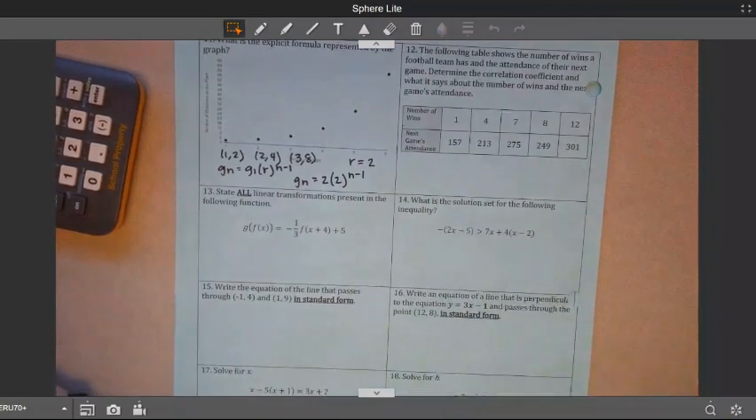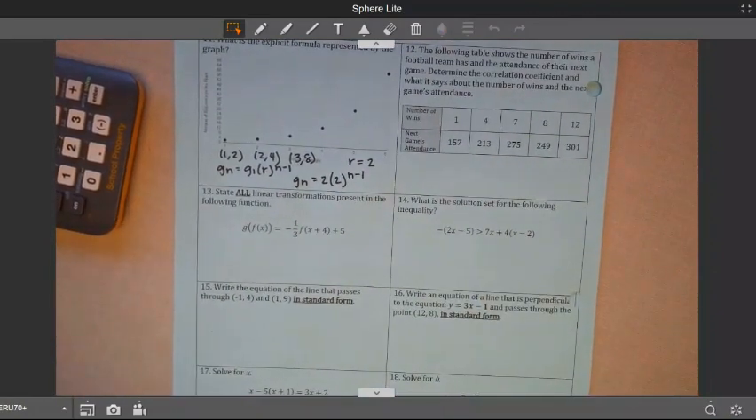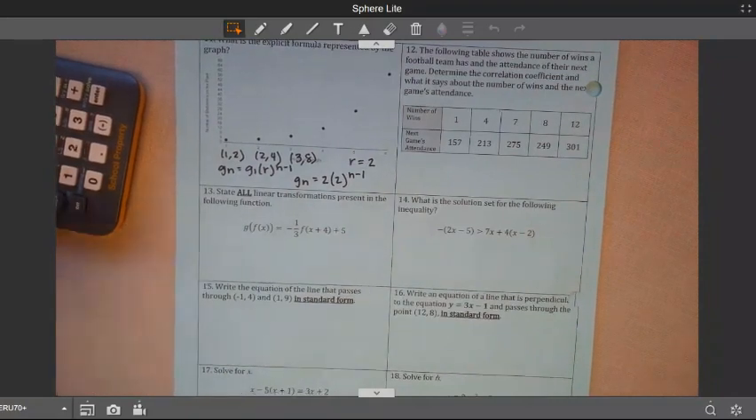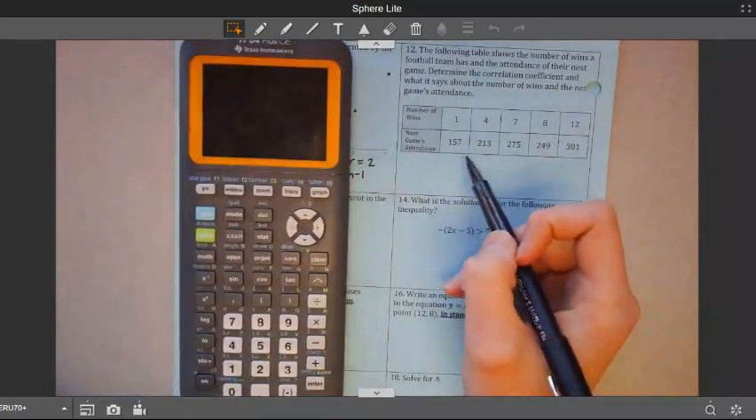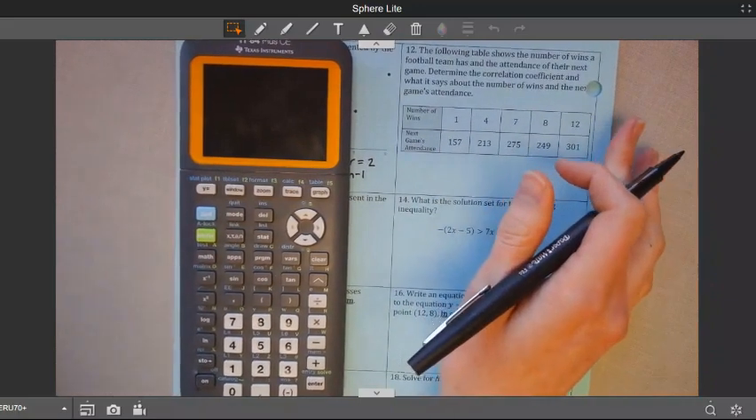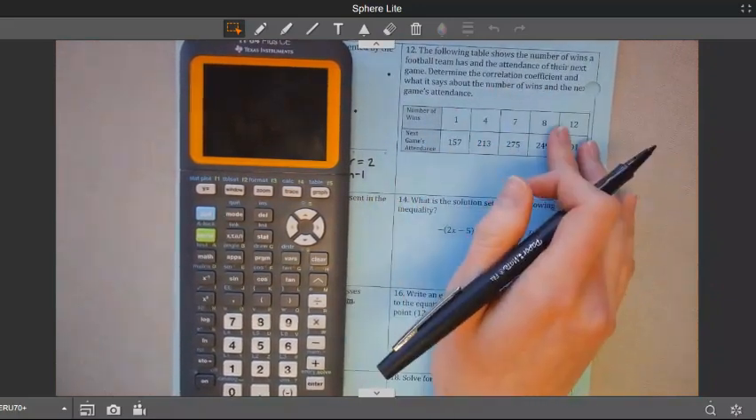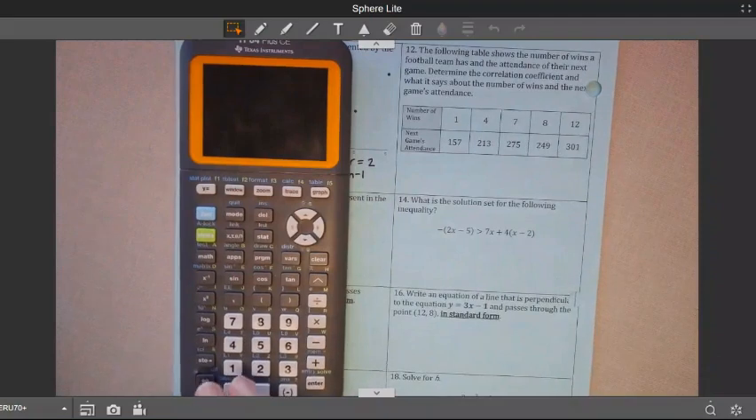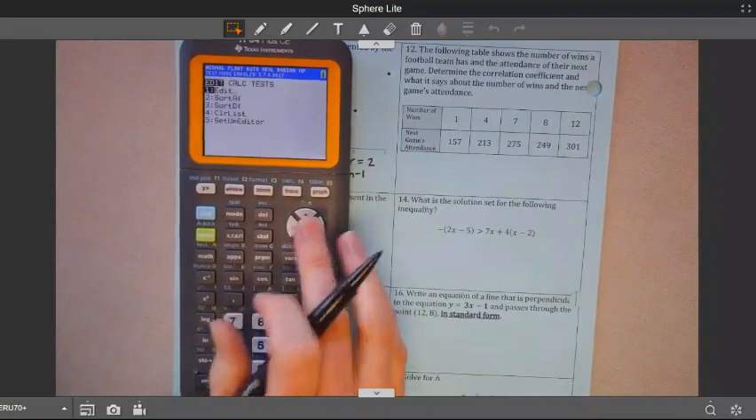All right, number 12, the following table shows the number of wins a football team has and the attendance of their next game. Determine the correlation coefficient and what it says about the number of wins and the next game's attendance. Okay, these numbers aren't making super large jumps, so I'm going to assume this is a linear regression. I was given a table, and now I can go to my calculator and type it in to get my correlation